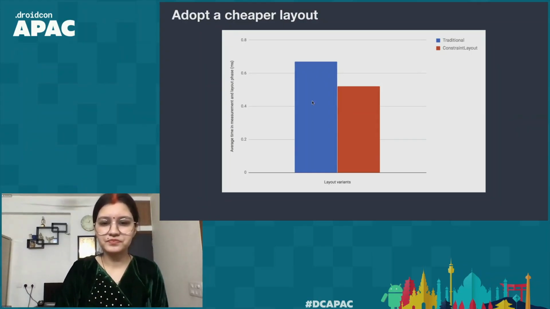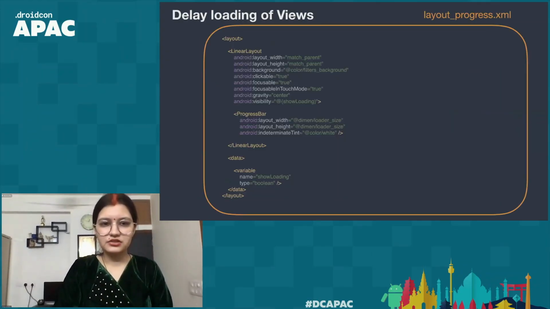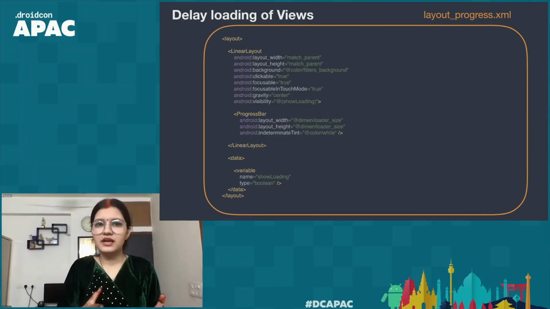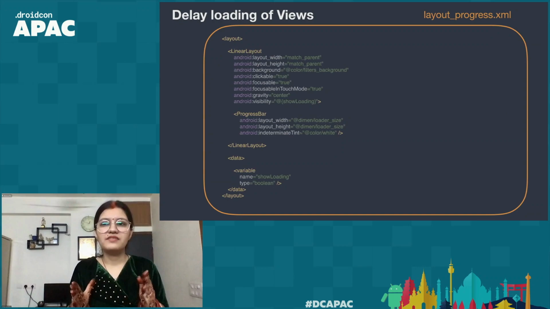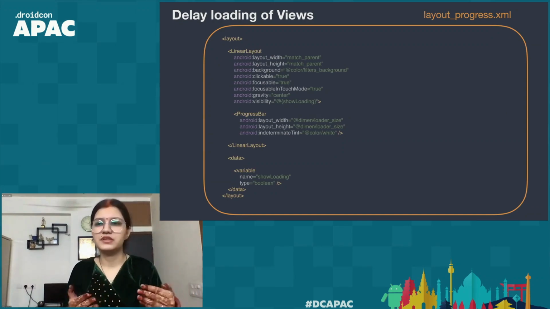Another thing worth noting here is how we can delay loading of views. Sometimes there are use cases where we do not actually want to show all the elements on screen, and we are just hiding them by toggling their visibility from gone to visible when we want them to appear on screen.